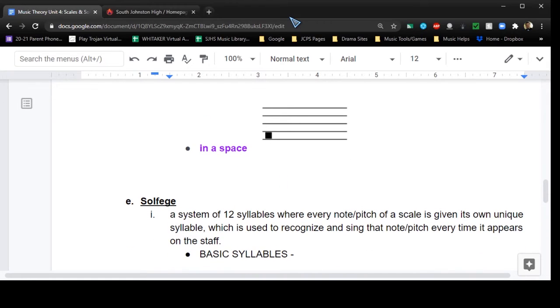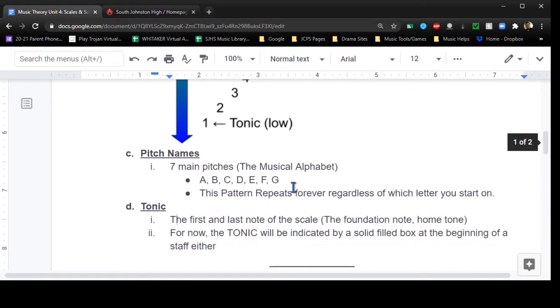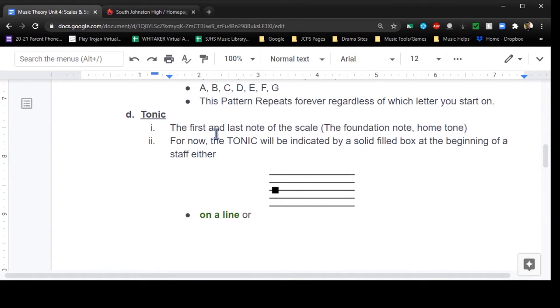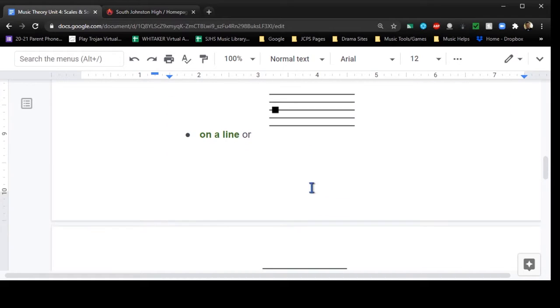Okay? So, now, what does this have to do with solfege? Well, you can either remember that since we don't know exactly what note we're starting on here, each one of these lines and spaces will indicate what note you need to sing. If I were to put a note exactly where this crosshair is, I don't know which note it is because I don't have any other indicators telling me what that note is supposed to be. We'll get into that later. For now,